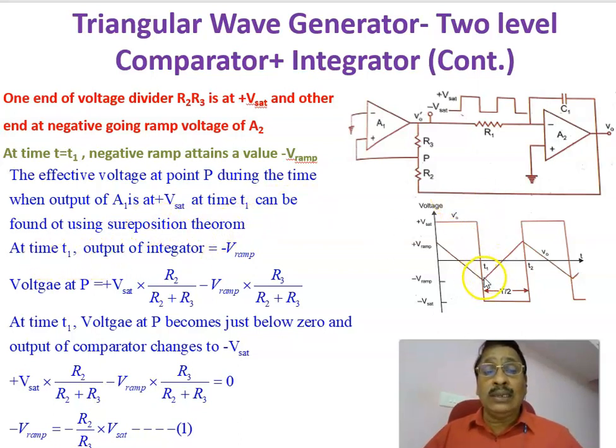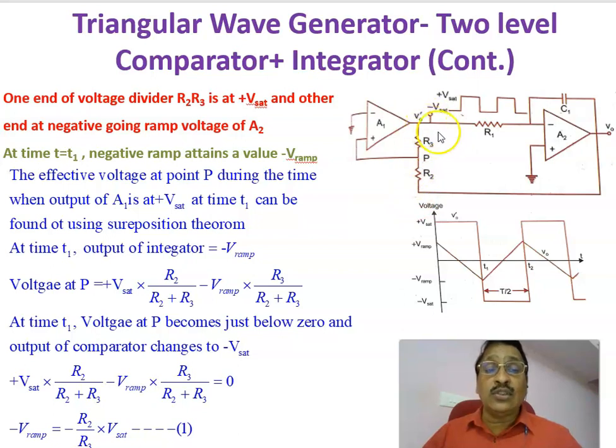Therefore, at time t1, at this instant, the voltage at this point is equal to minus Vramp, and just before that we are getting plus Vsat. Now, just analyze what is the voltage just before the transition at this point P. The voltage due to plus Vsat is given by Vsat into R2 by R2 plus R3, then minus, here the voltage is minus Vramp into,